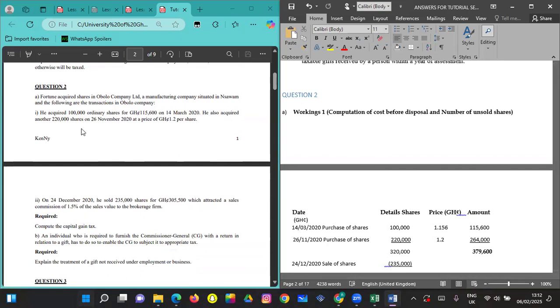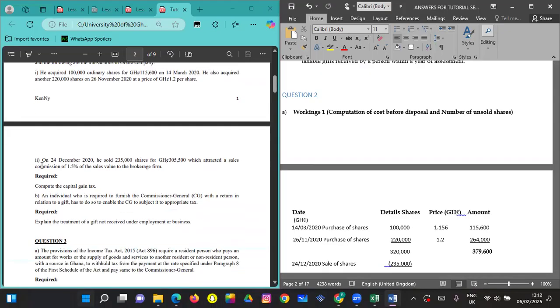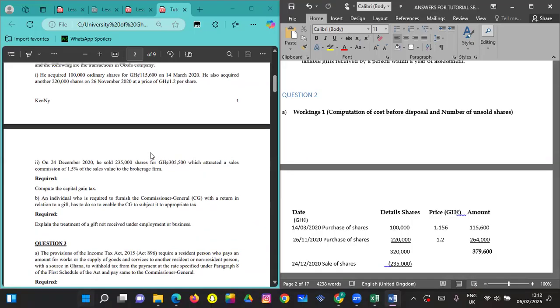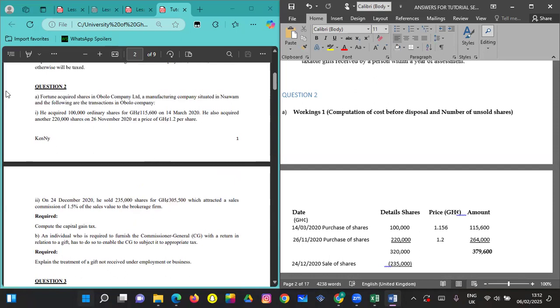So he acquired 100,000 ordinary shares at 115,600 on March 14, 2020. He also acquired another 220,000 shares on 26 November 2020 at a price of 1.2 per share. On 24th December 2020, he sold,